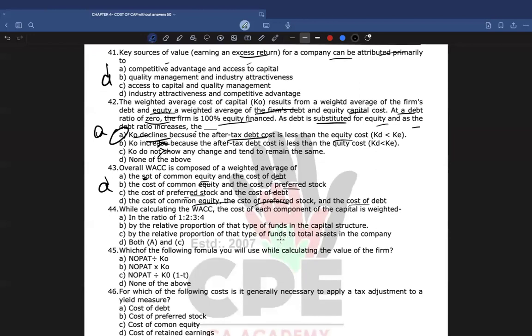While calculating WACC, the cost of each component of the capital is weighted by the relative proportion of the type of funds to total assets in the capital structure, which is okay, right? So it seems okay, but maybe by the